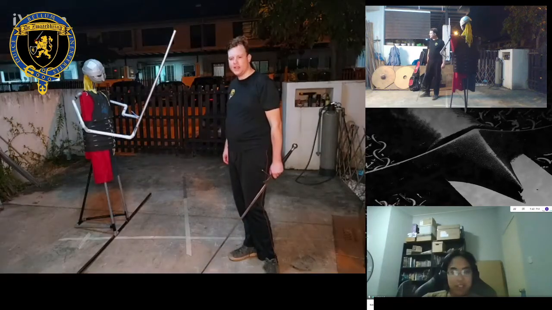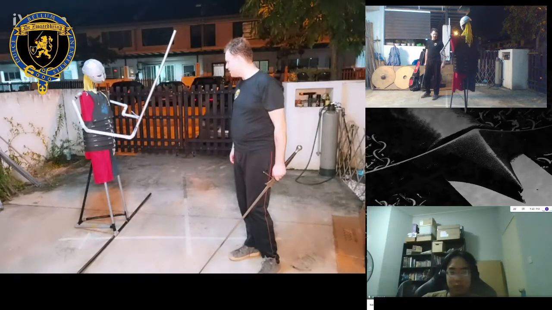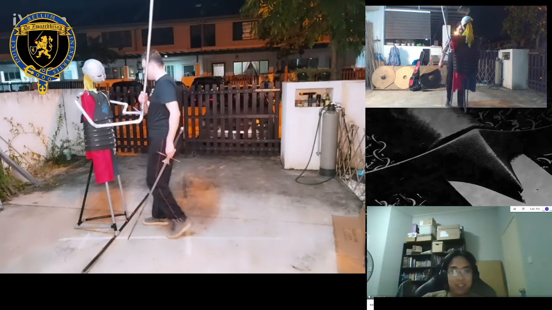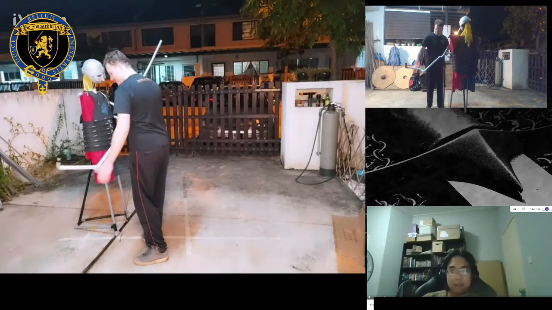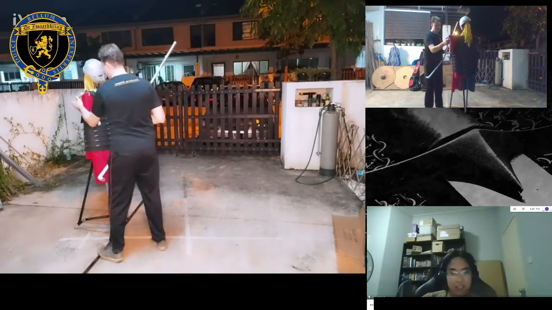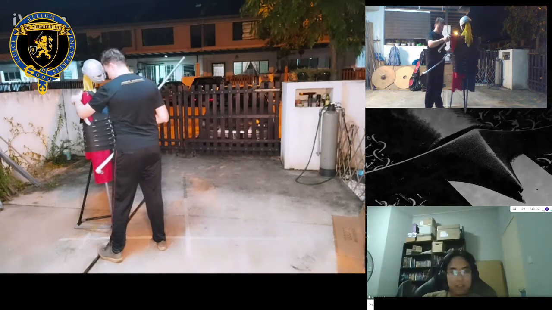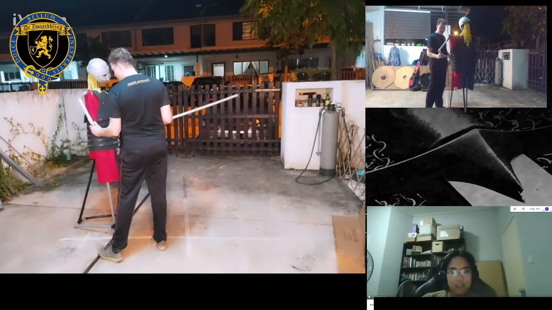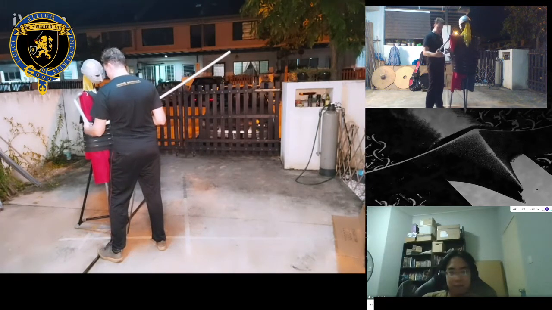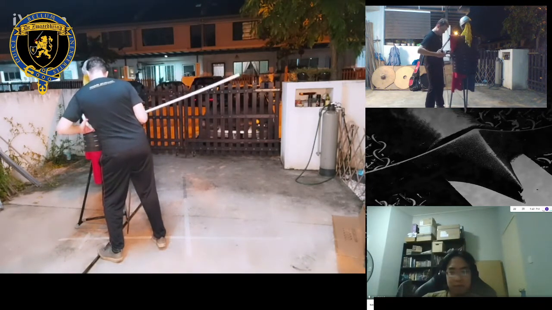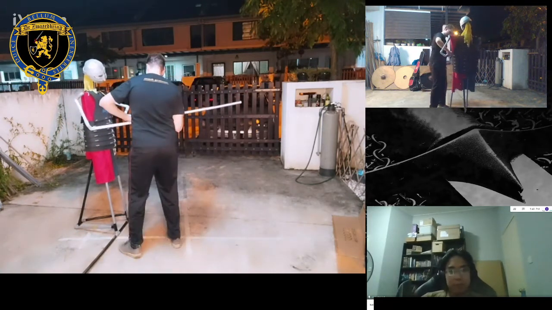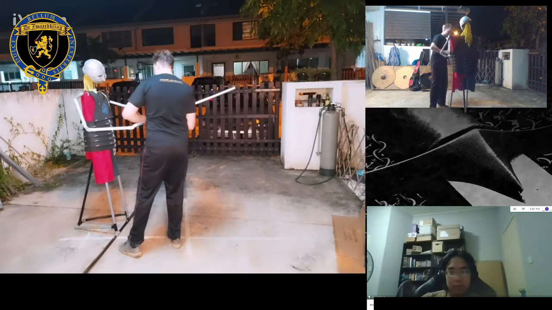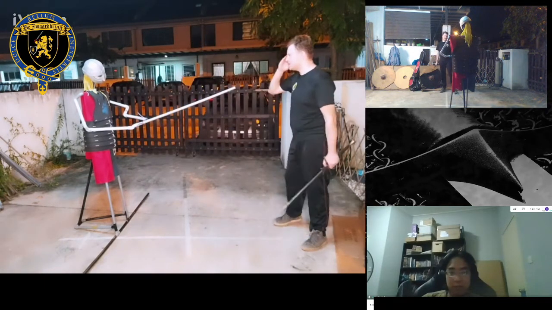Maybe you want to demonstrate what it looks like if your opponent's too far or too close. All right, so if my opponent is too far, oh, I've disarmed him. Okay, downside, I can't glue these down, because if I glue these down, then I can't move them anymore. But at the same time, come on, there we go. All right, now this one. All right, that's better. Sometimes it just needs a little fixing.